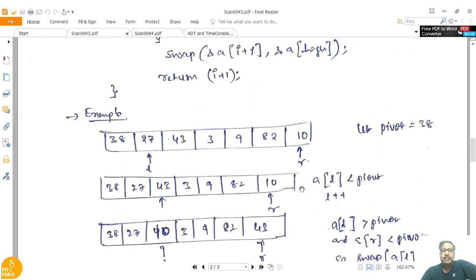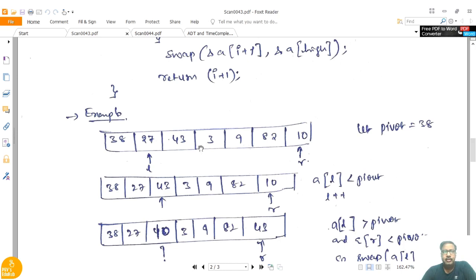So whenever these elements 38, 27, 43, 3, 9, 82, 10 are completely in unsorted order, that means the input is in the worst case.